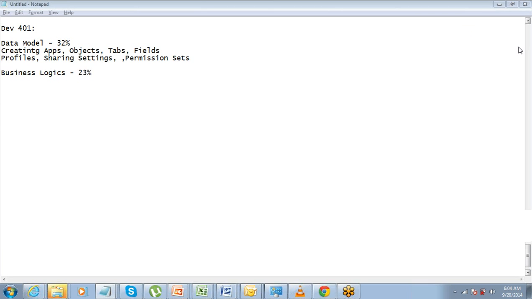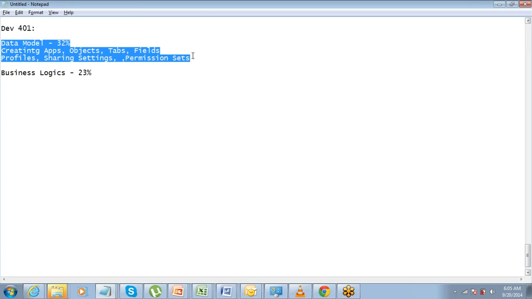Just do a bit more research on this and then come back with the answer maybe on Monday. Why I want you to focus on this is because these kinds of questions will be there in your 401 exam. 32% weightage, and a lot of these will be scenario based questions, because for profiles, sharing settings, permission sets, there are not too many objective type questions.